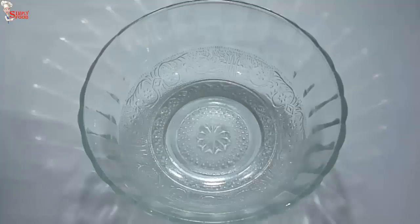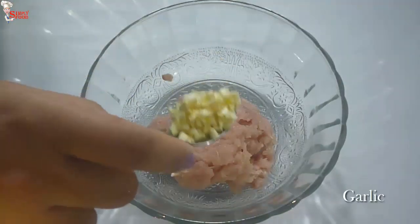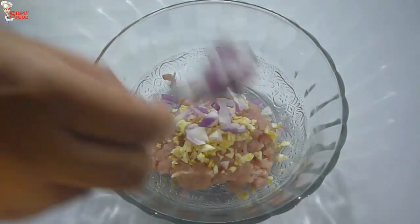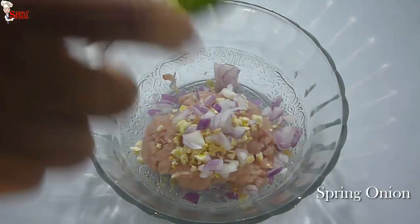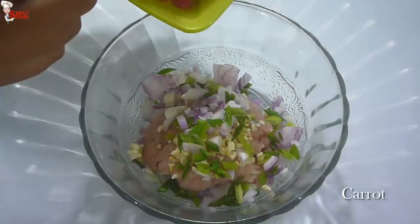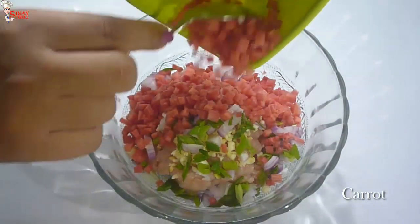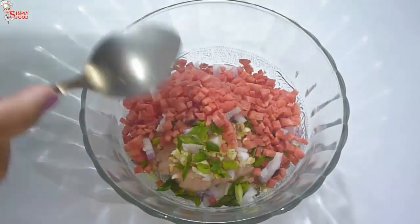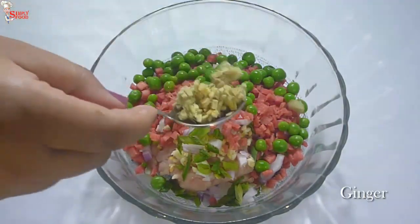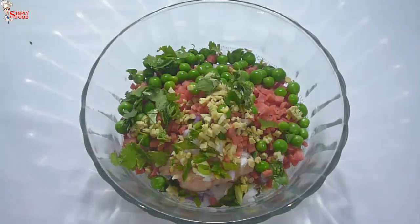Let's start our cooking by making the stuffing for the momos. Take 200 gram of minced chicken into a bowl. Add 1 teaspoon chopped garlic, 2 teaspoon chopped onion, 2 teaspoon chopped spring onion, half cup of chopped carrot, one-fourth cup of blanched green peas, 1 teaspoon chopped ginger and a handful of chopped coriander leaves,